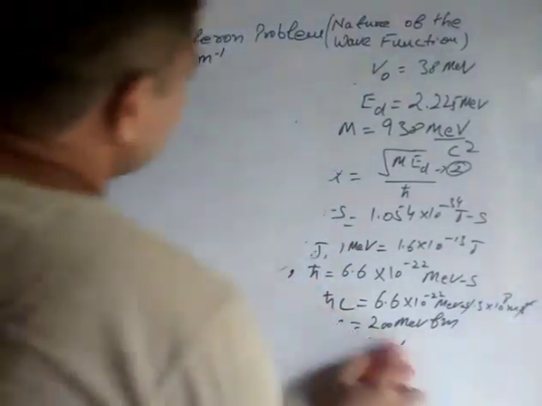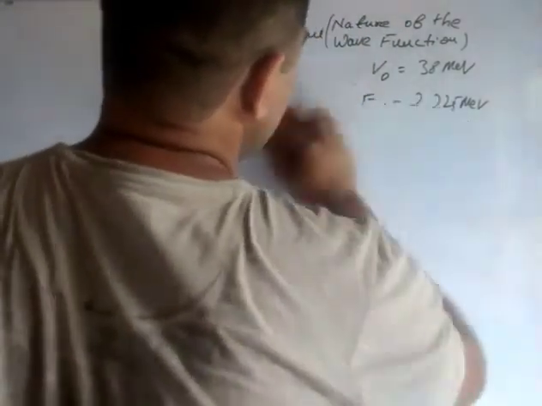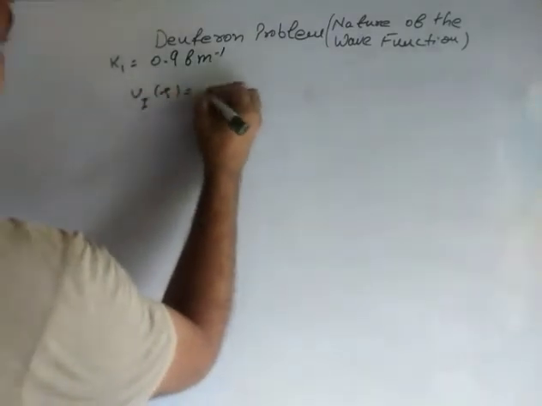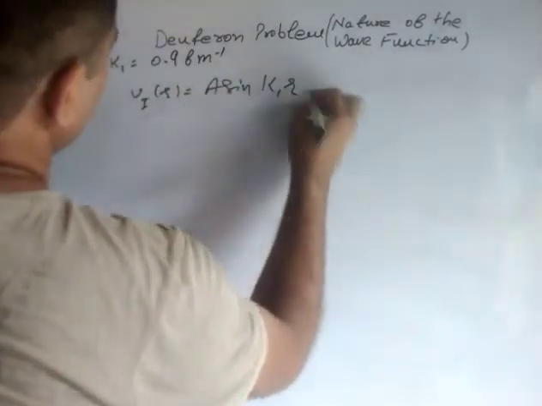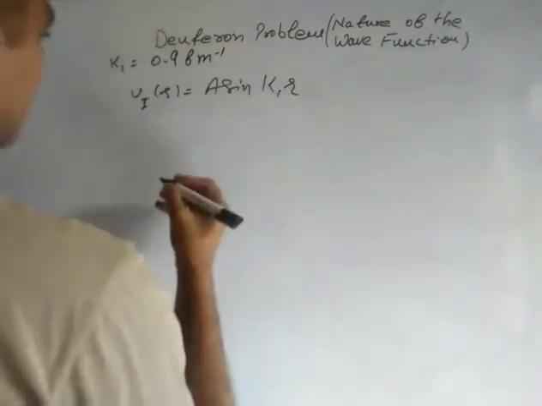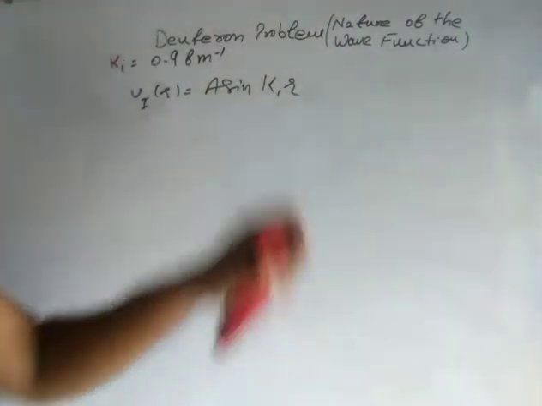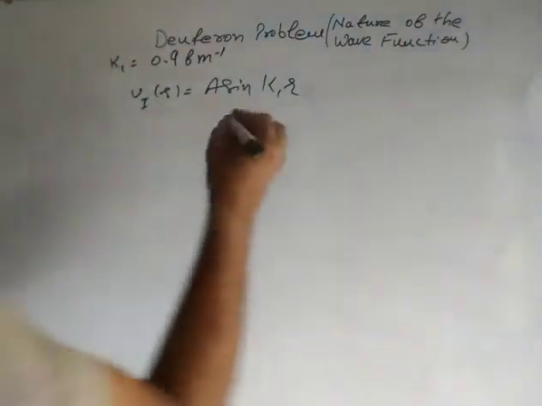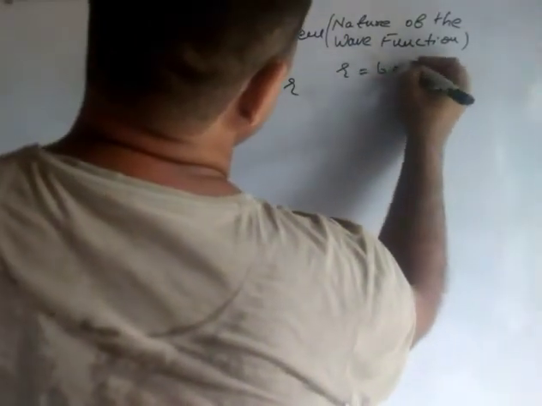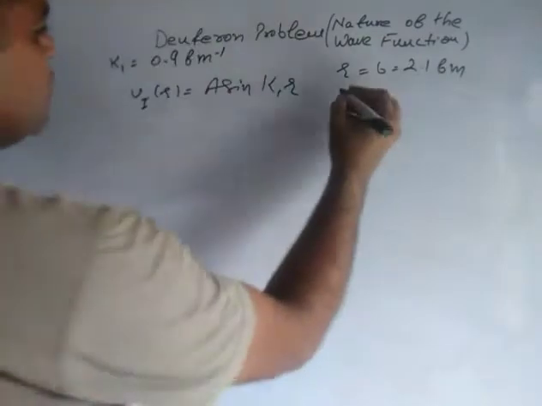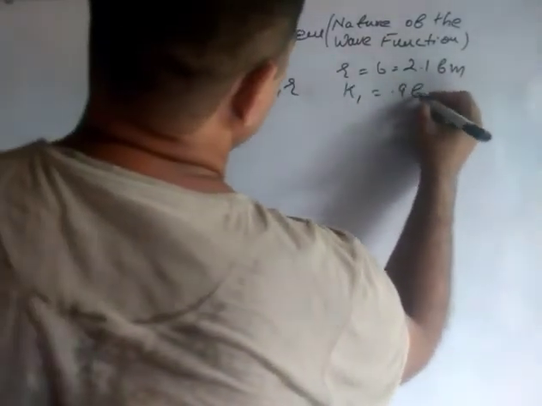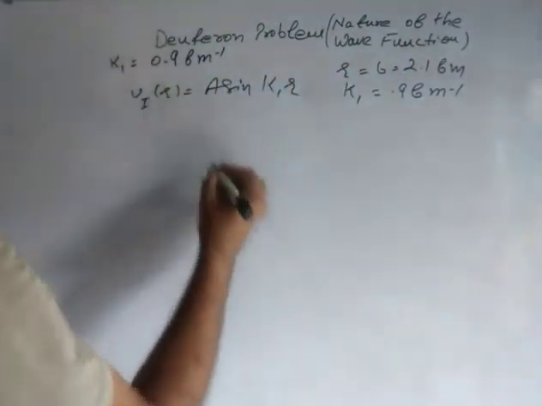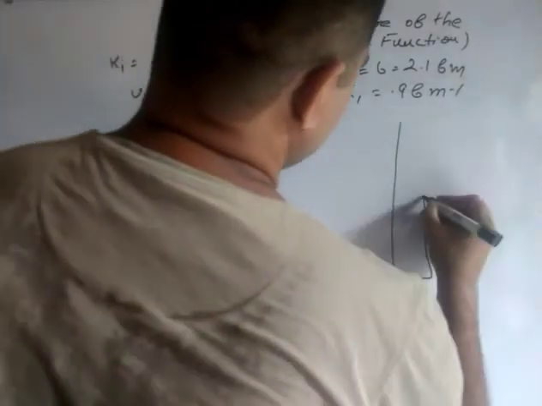Now let me calculate the wave function for region 1. We have the wave function for region 1, u1(r) is equal to A sine K1 r. Now let us calculate the value of this wave function at the edge of the potential, that is at r equal to b, which is 2.1 femtometer. You also know K1 now, because K1 is 0.91 femtometer inverse. Put all values of r. Now calculating this value at the edge of the well, because I have drawn the potential. If this is my potential well, I have rubbed it. Okay, this is the edge.